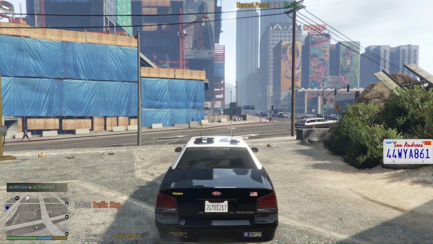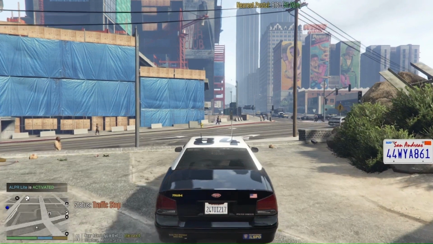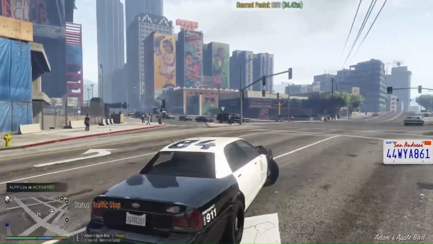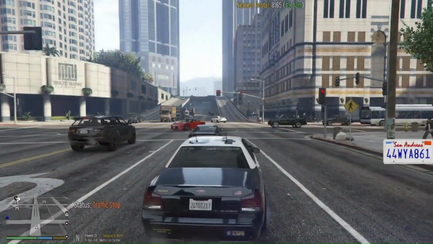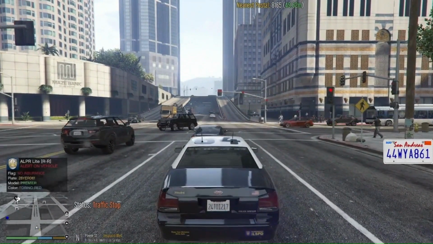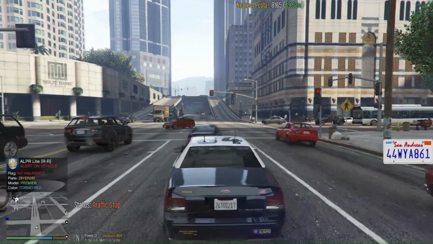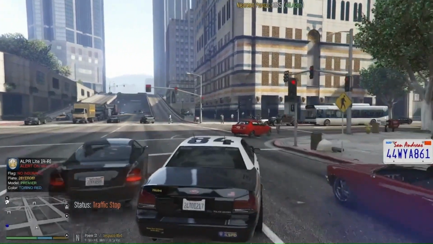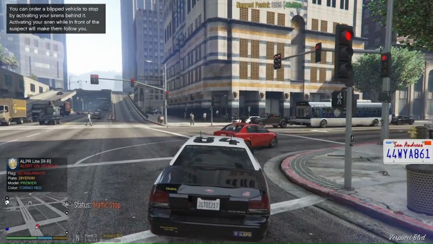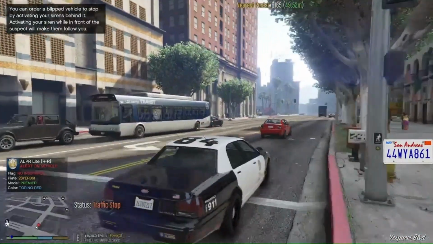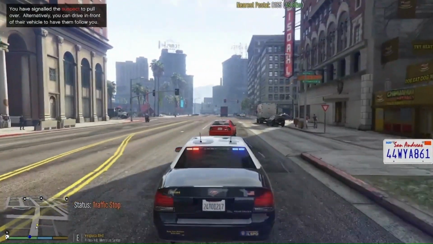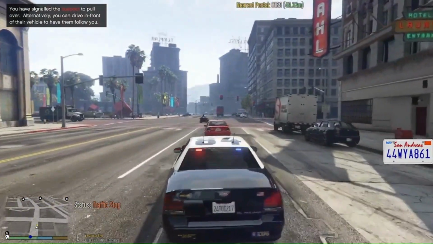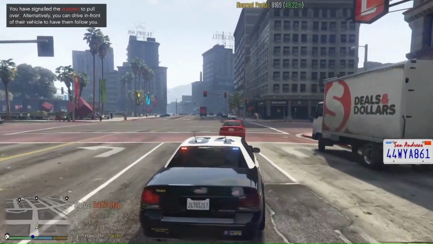You'll see right up there above the mini map where it says ALPR Lite activated. All right, and we'll see if we'll get a hit on something here. Now, just in case we don't get a hit on... there we go. Right there where it says no insurance. All right, let me hurry up and get him pulled over. Hopefully he won't take off on me. I hope not. Well, he's riding all over the place. If he gets pulled over here,